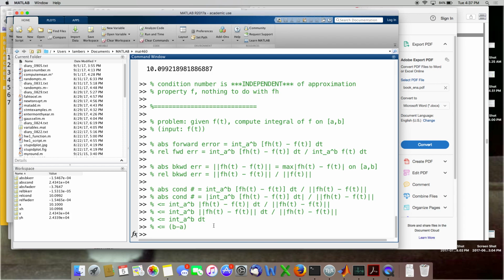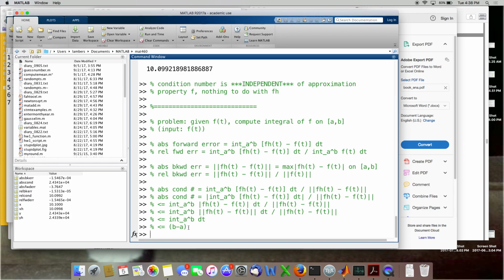Integration, which is one of the later problems we'll consider, is generally considered a well-conditioned problem. It's not quite as sensitive to errors, unlike its inverse problem, differentiation. That is much more sensitive. And we see here that it's not very sensitive in terms of this decent-sized condition number, especially if you have a reasonably small interval, like 0 to 1 or minus 1 to 1.